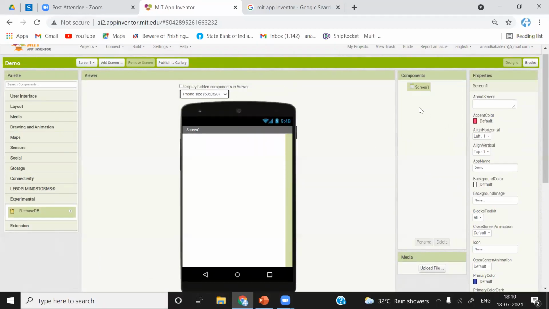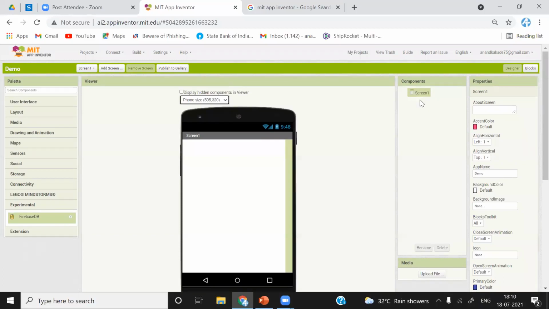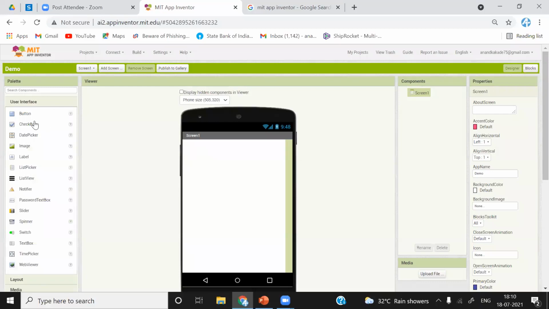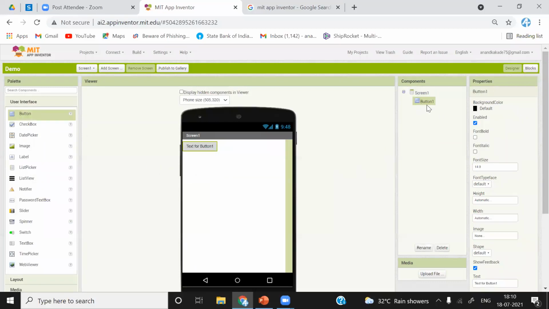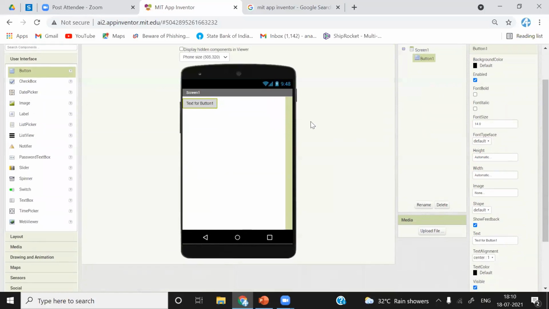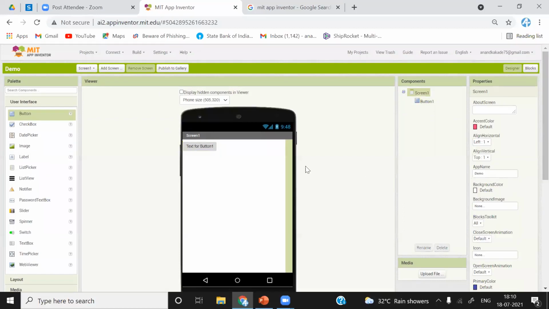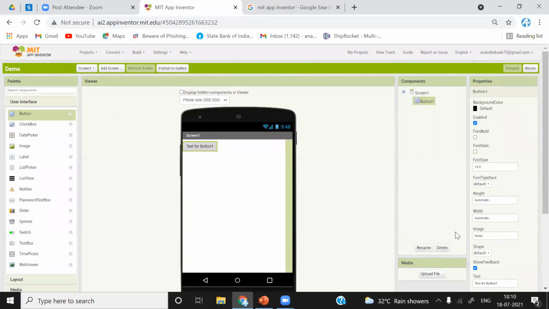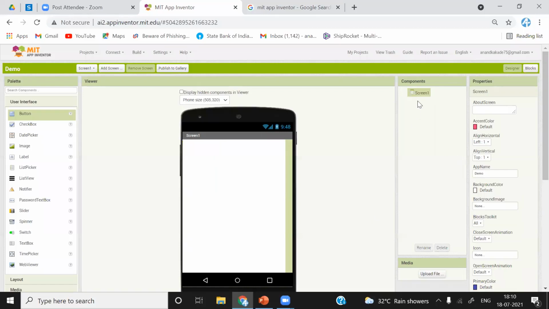Now, on the right side, you can see all the components which you are going to add in your app. For example, if I add this button, it will appear under Screen1. You can change the name of this Screen1 here.